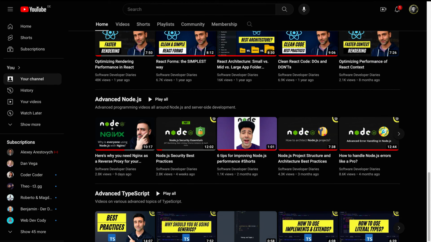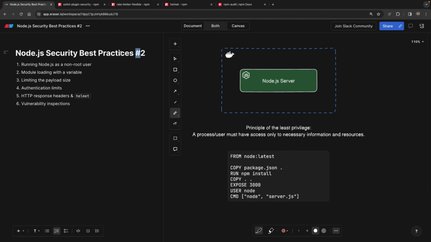The thing is, I think security is a pretty important topic, so you don't want to miss it, or rather, you want to cover as much theory as possible. And with that said, let's start with the very first point that we have here, which is running Node.js as